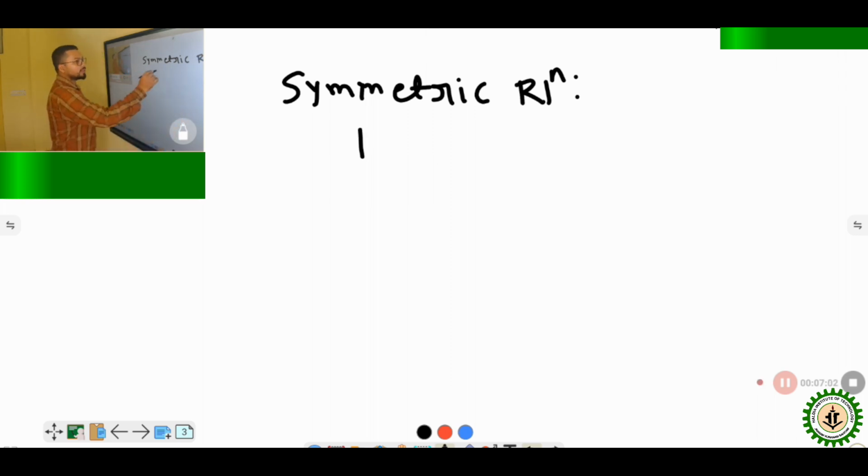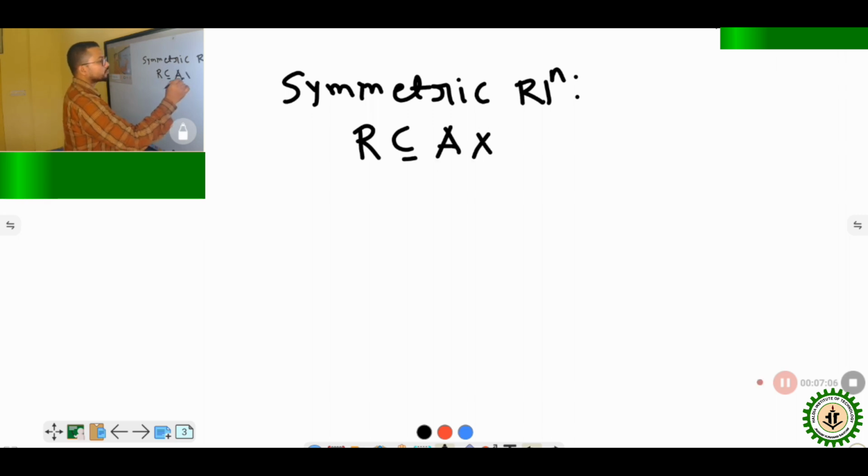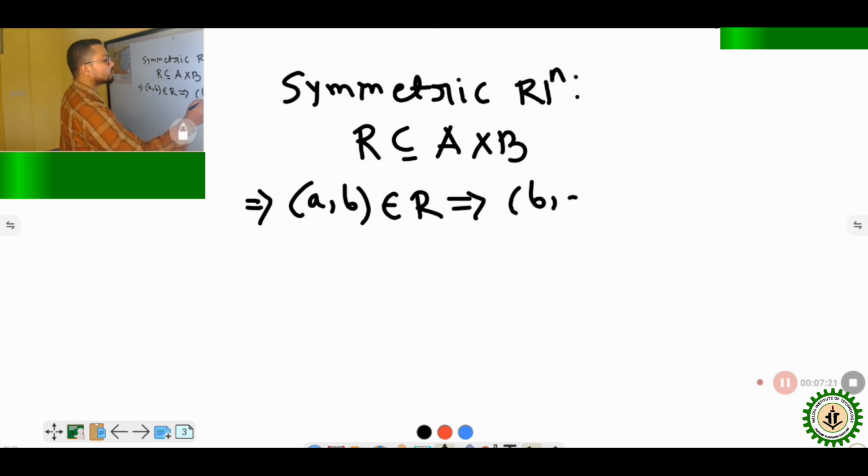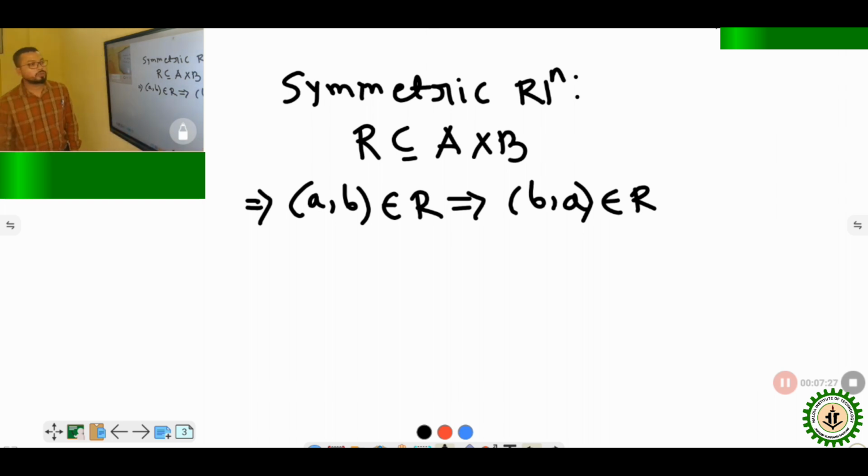Suppose R is any relation. Relation means that it is obviously a subset of A cross B. Now suppose the elements it contains are of the form (a, b). If (a, b) belongs to that relation implies (b, a) also belongs to that relation, and this holds for every pair of elements in the relation,